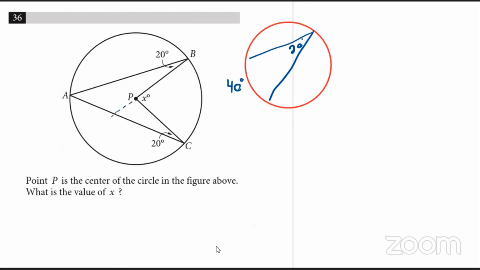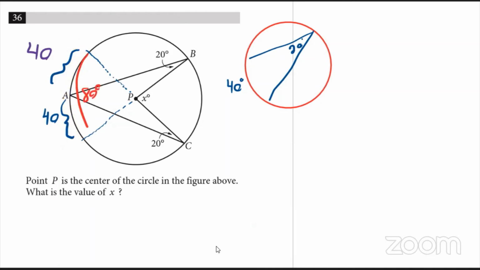We can extend this line out, and this would be 40 degrees. And same thing here. So this is the arc that is inscribed by the angle. So that's 40 degrees. And same thing here. This green arc is the inscribed arc for this angle right here. So that's another 40. So now we've got 40 and 40. So we know that this yellow arc has a total degree measure of 80. So if that is an 80-degree arc right there,